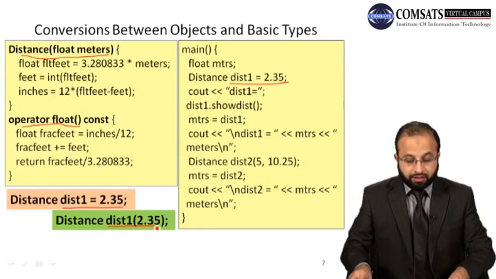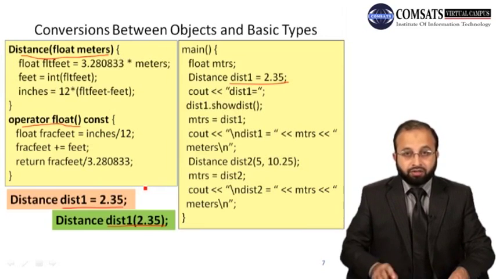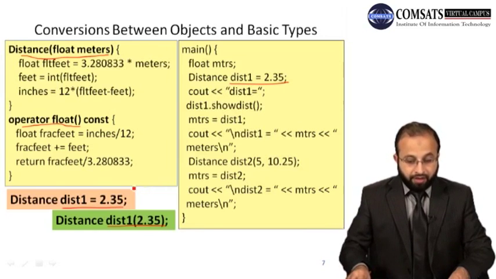So इसको इस तरह से भी लिखा जा सकता है, right? So these both are the same statements. They will create an object and call a constructor with one argument, and the value passed to that constructor is 2.35, and this is the distance in let's say meters. So ये value यहाँ पर पास हो जाएगी distance मीटर में, and then we multiply that value with